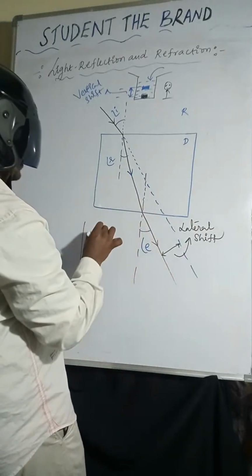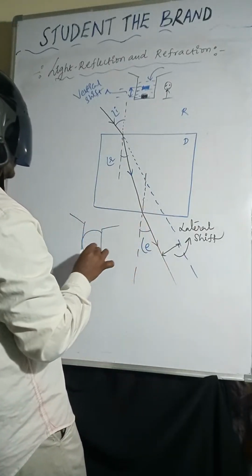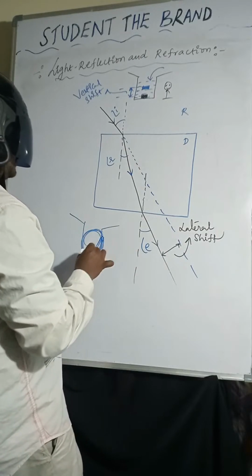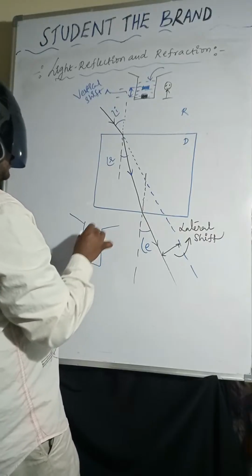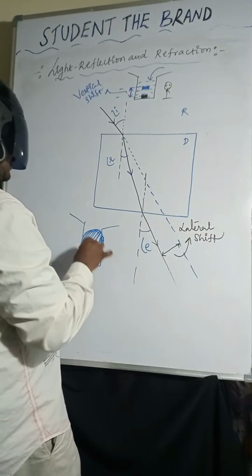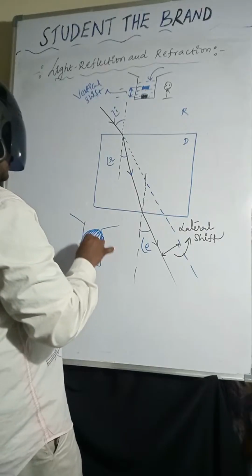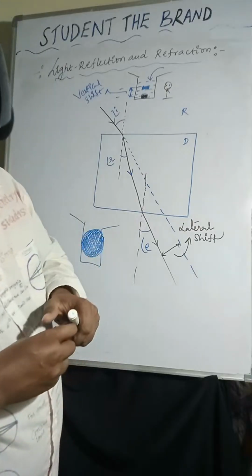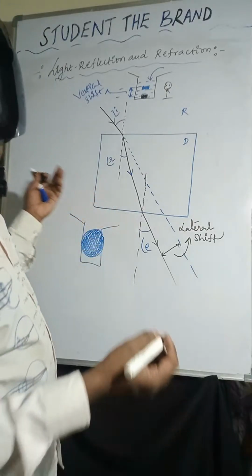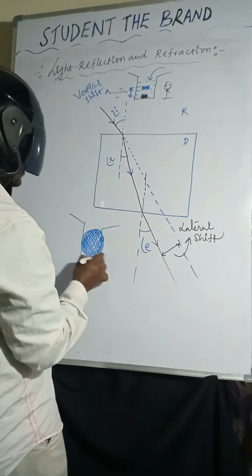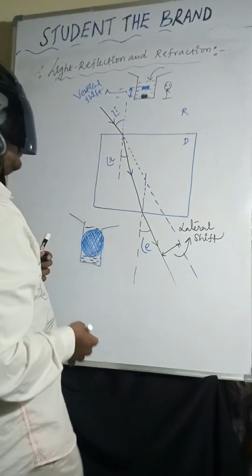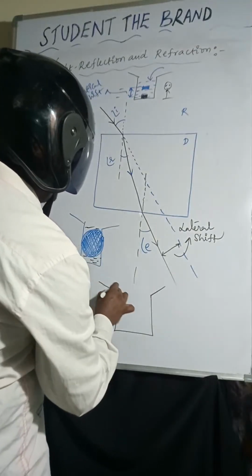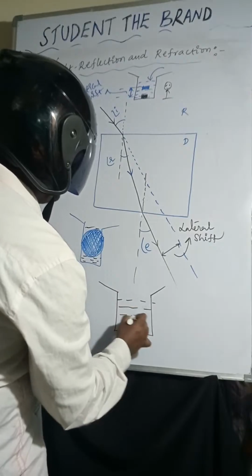And one more point you can see. If you take the beaker and place a lemon inside it, the lemon appears bigger. For what reason? Because of refraction. And one more thing, if you place a pencil inside the water,